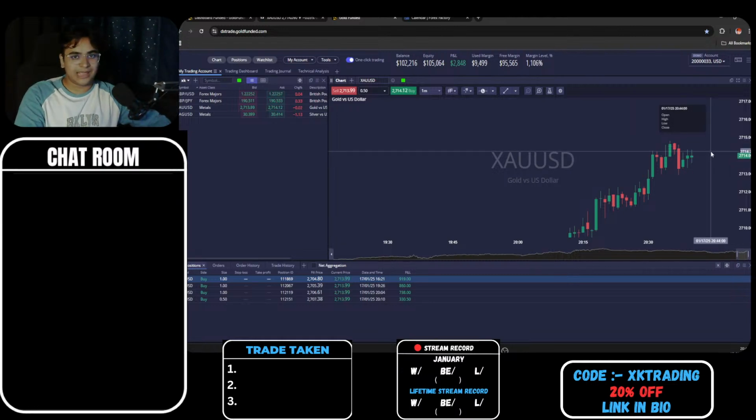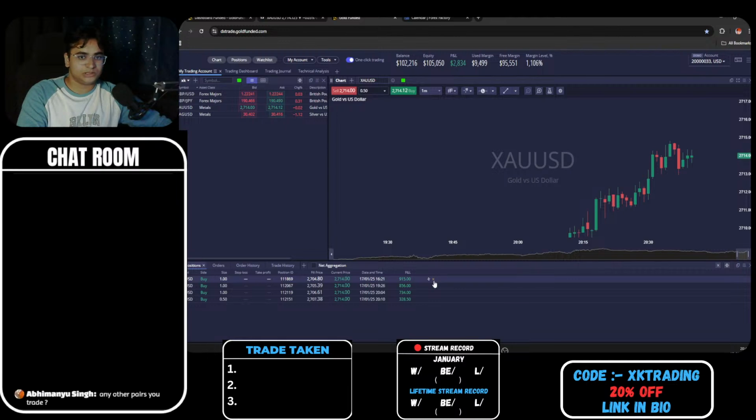On gold, having a stop loss of 30 to 40 pips is really important for price to move around. At the same time, you will have enough room for price to move around and you can put your target around 70 to 80 pips. And yeah, that's what I think. But it totally depends on the trade idea. Sometimes I close a trade which is just 10 to 20 pips, but it's a satisfaction for me percentage wise.